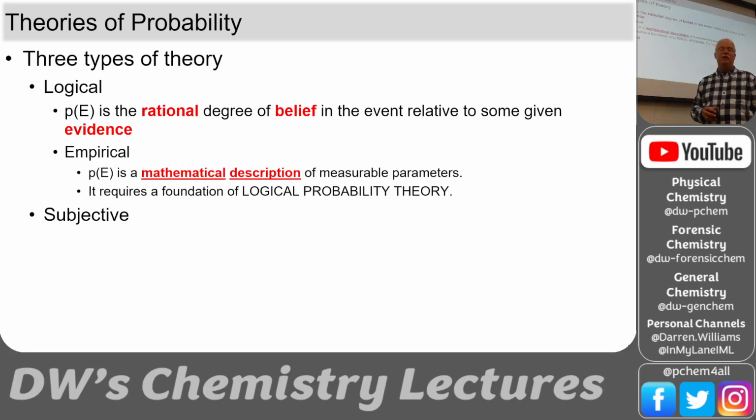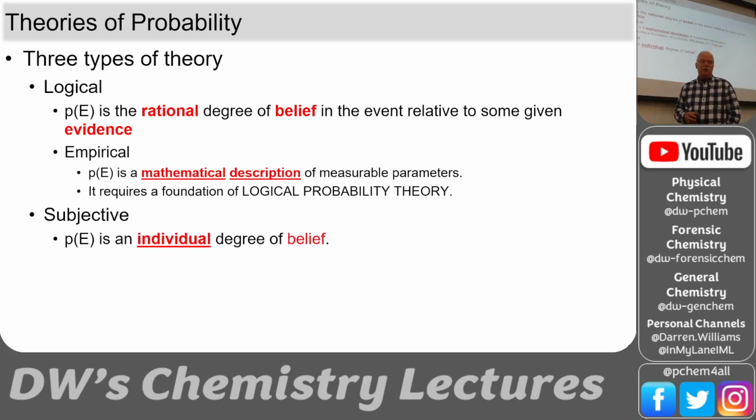And then we get to subjective probabilities. So this is an individual degree of belief. And this is why people play the lottery, right? So they think, well, I know it's not probable that I'll win the lottery, but a $2 lottery ticket or maybe even a $5 lottery ticket is not a big expenditure, so they'll take a chance. So they have an individual degree of belief that it's worth my $5 for the minuscule chance. And you can have your individual belief that that's not a good thing. Others will believe that it is a good thing.